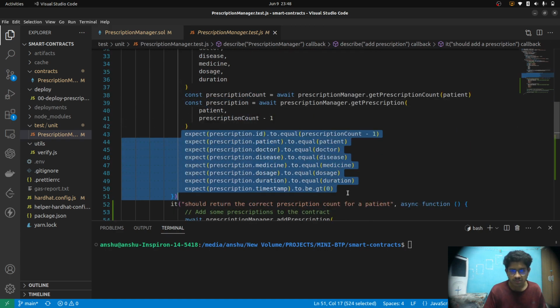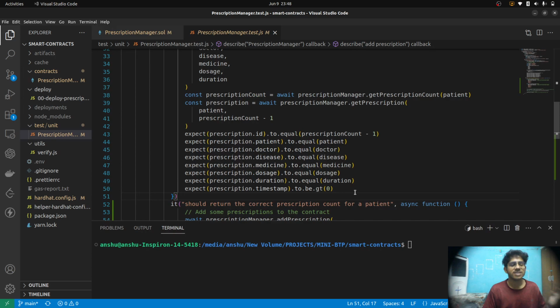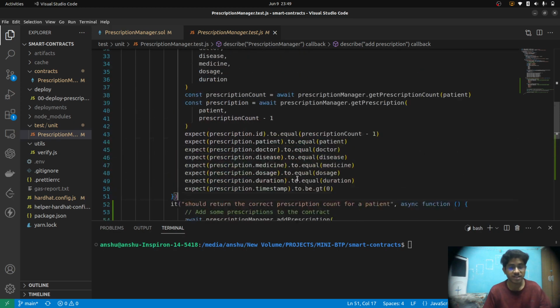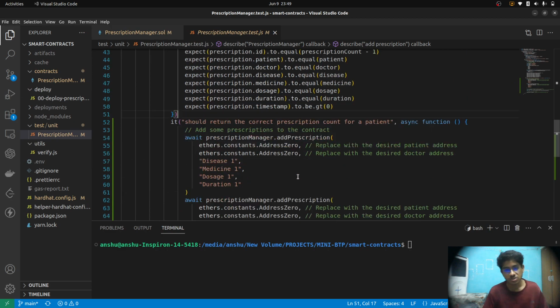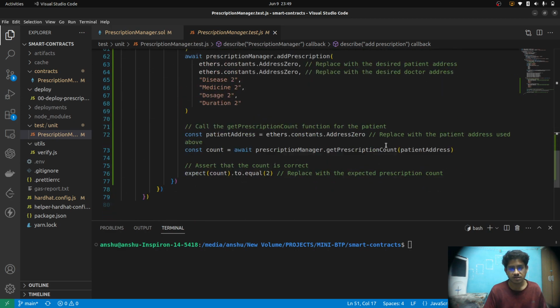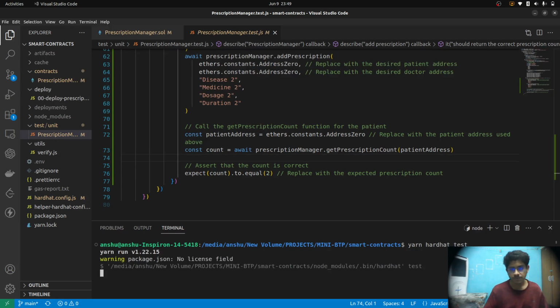Using this I am checking whether all of my values and answers are the same. So this is the test for the actual getPrescription function, and this is to check the prescriptionCount function. So if I run yarn hardhat test,